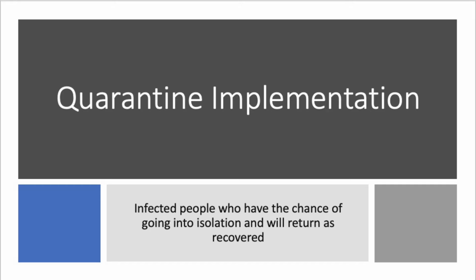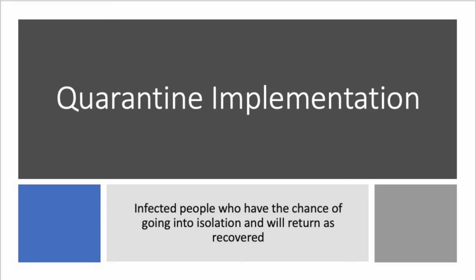Next, I implemented quarantine. And so how quarantine would work is the infected person would have a chance of being put into isolation. And so I set the isolation to be the center of the graph. And then in order to better see it, I changed the color to green so that we could see it better on the graph, but also there is a counter so that we could see how many people are in